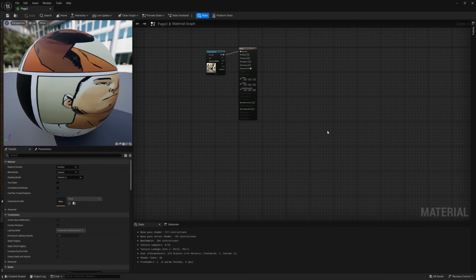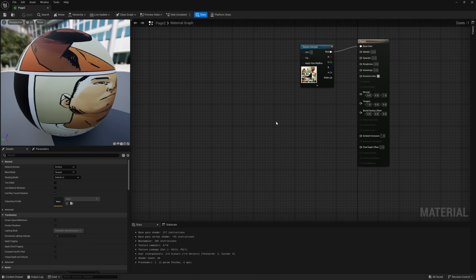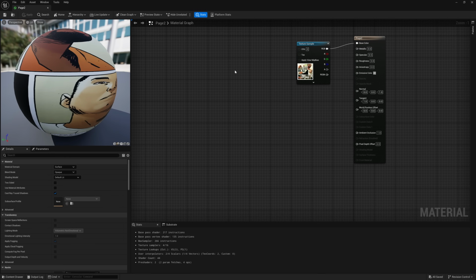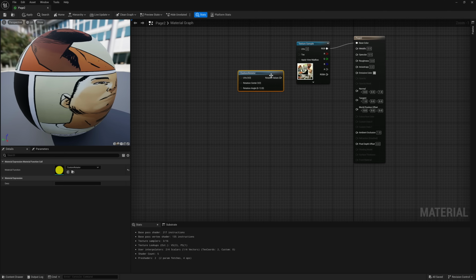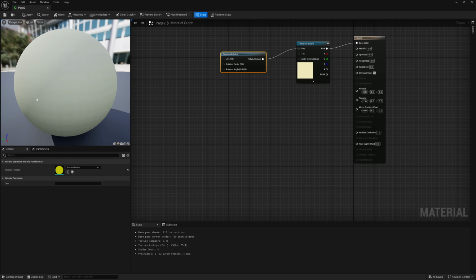So I'm going to make this a little bit larger in here. Just scroll on here a little bit. I'm going to right click and type in custom. You'll come down here under texturing and you'll see custom rotator. I'm going to left click on this and then we're going to take where it says rotated values. I'm going to left click, bring that under UVs, and you'll notice that it will disappear here, but we can